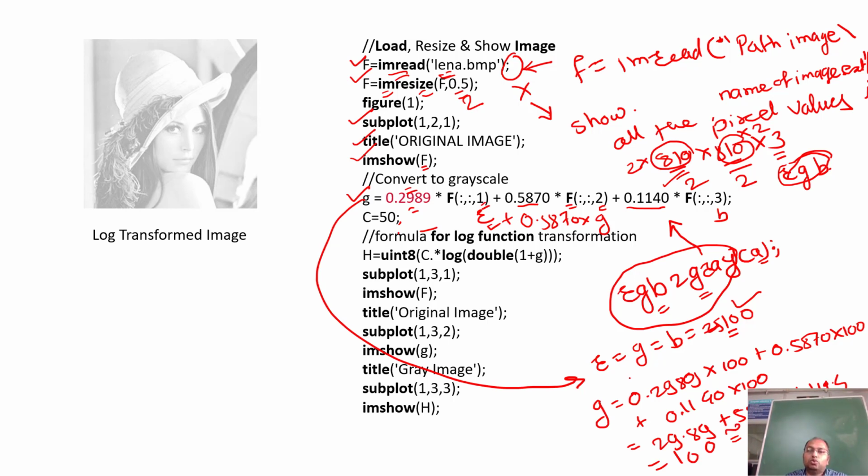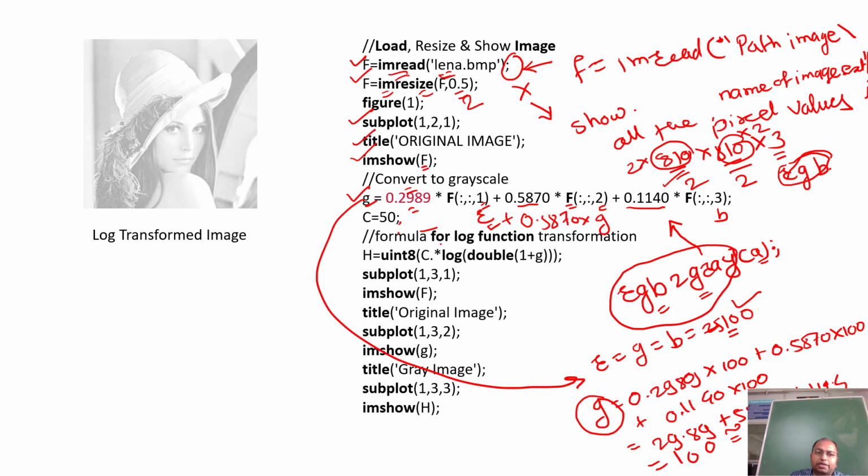So the gray level for that particular color is again 100. If I change the values of RGB, corresponding changes will occur in G. This is the formula to calculate gray level information from the color image.